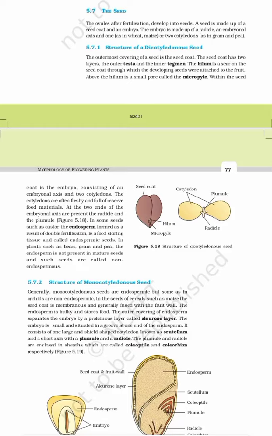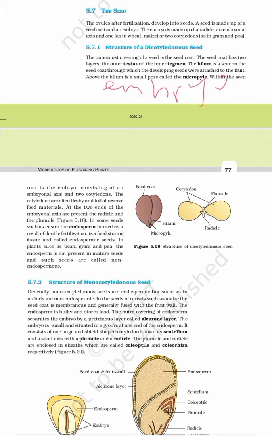So what is a seed? A seed is morphologically an integumented, matured megasporangium, developed from the ovule, that contains the embryo. So the seed contains the embryo itself inside it, right? And it is a matured megasporangium.